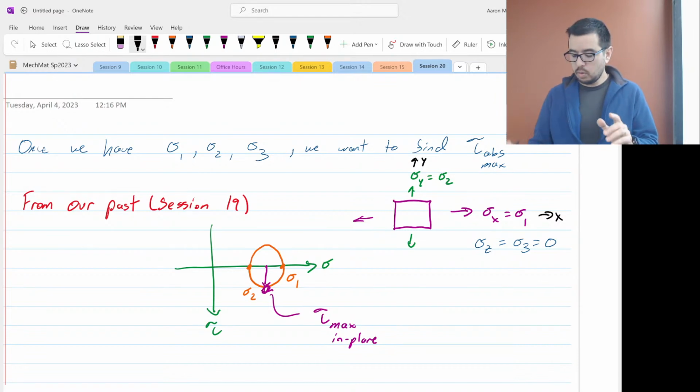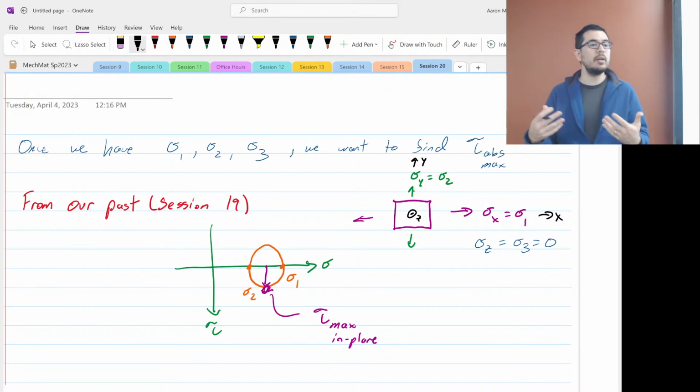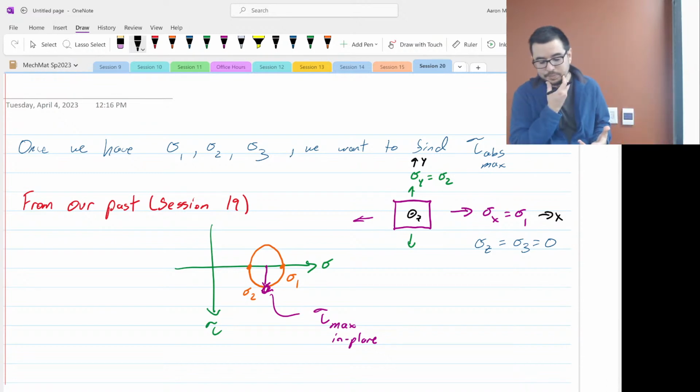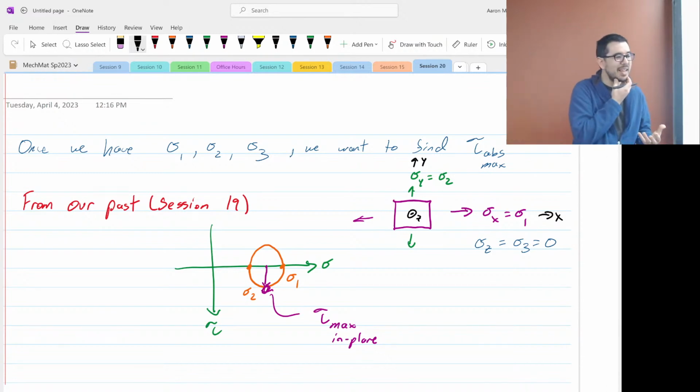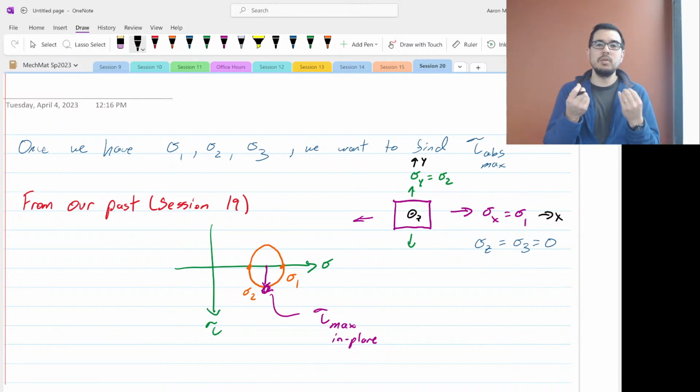So in this case, we have x, y, and then z coming out of the screen. If I want to look at another state of stress, I'm going to pick the one that I know is the most concerning,